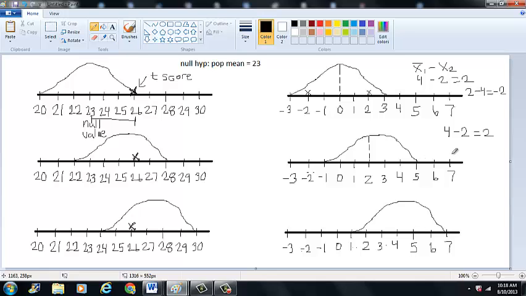If the difference between the two population means is 4, for example, if the first population had a mean of 5 and the second population had a mean of 1, the difference between the two population means would be 4. And in this situation, if this is true, then the curve of your possible samples peaks at 4,